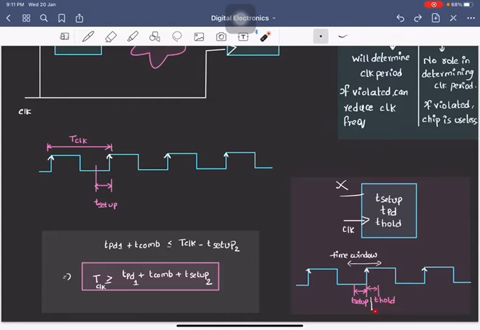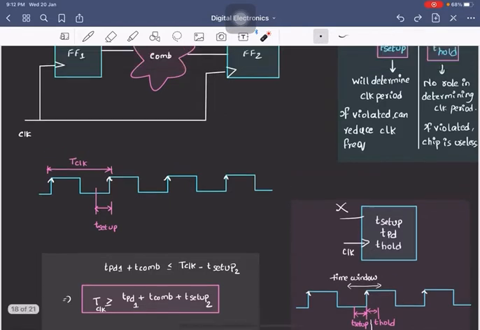These two combined are known as the timing window. Setup time is the minimum amount of time before the rising edge of the clock that the input is required to be stable, and hold time is the minimum amount of time after the rising clock edge that the input is required to be stable. Only then will the input applied to the flip-flop be captured correctly. Otherwise the flip-flop might enter into metastability. We are not concerned about metastability or the theory behind it here, I am just giving the term.